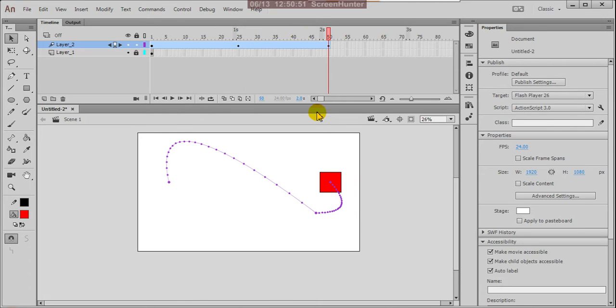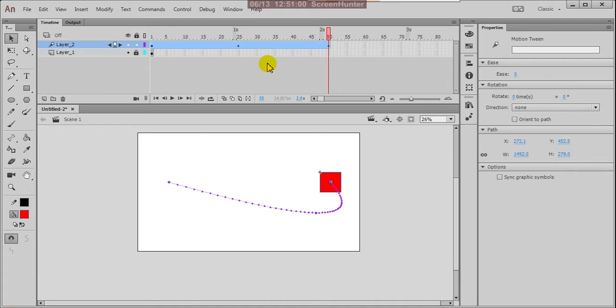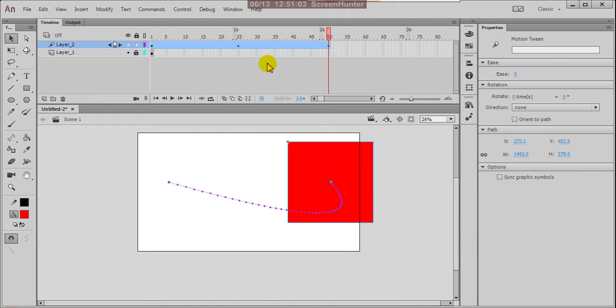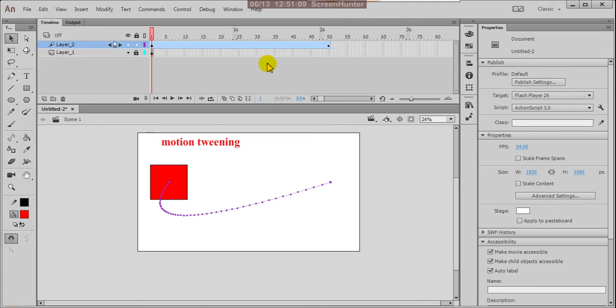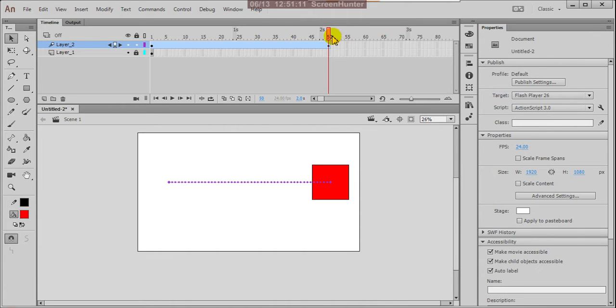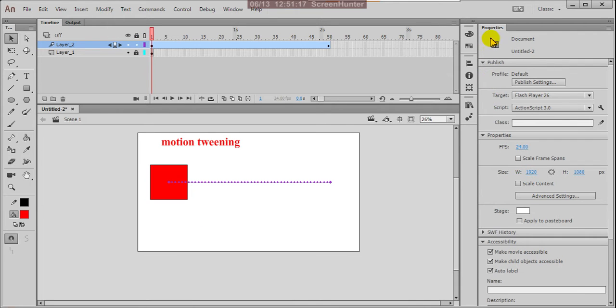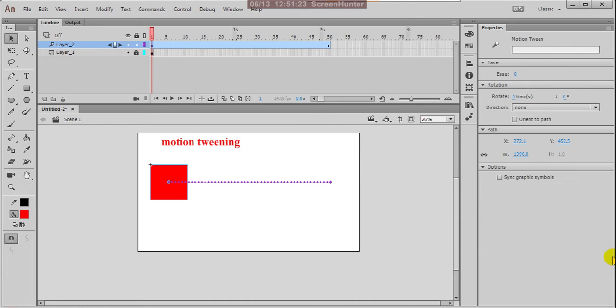Alright, good. So now Control Z, Control Z, Control Z. I want to come back to normal. Yes, this is plain equal timing. But if you find here in the properties area, after selecting that keyframe, there is ease in, ease out. Here it is 0, so you can give a minus.